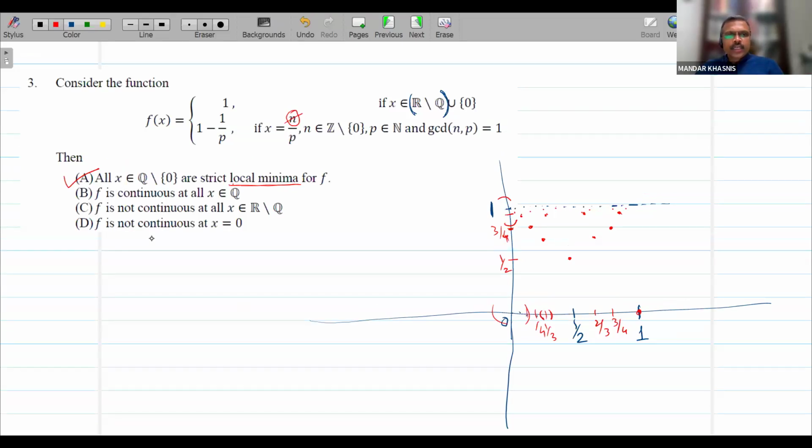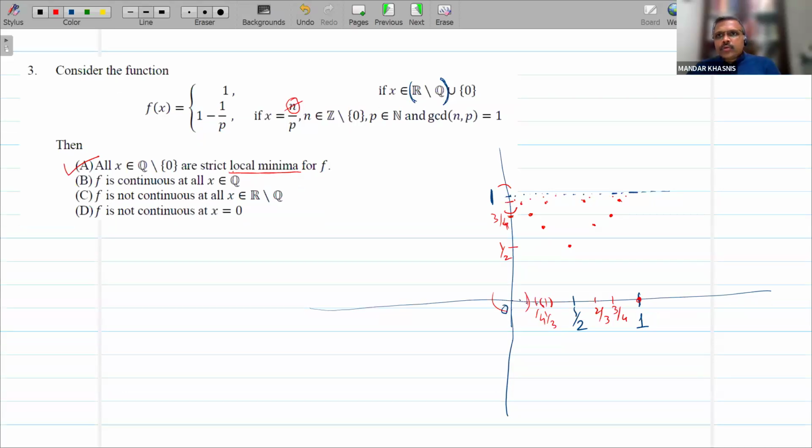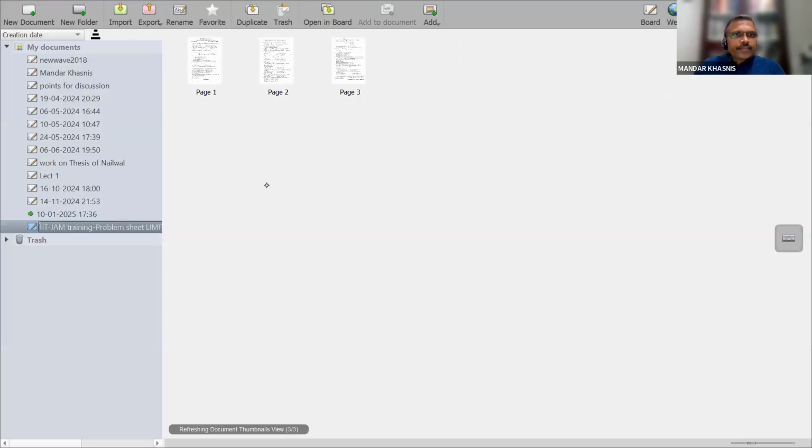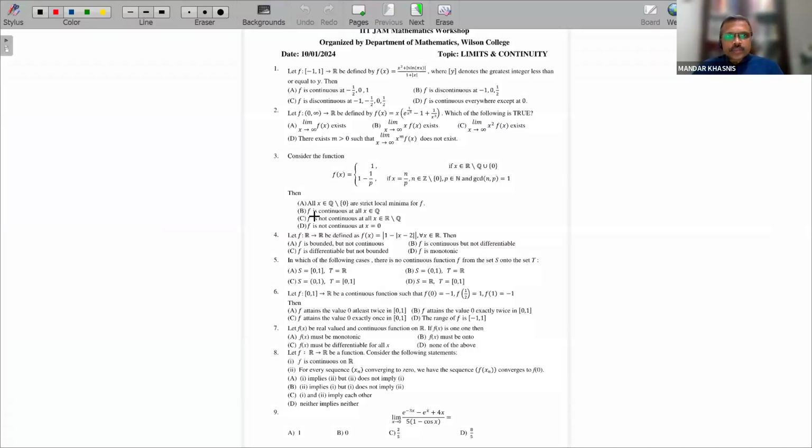Let's move ahead. I think the fourth I can put on you. The fifth, although it is interesting, okay, I'll do one thing. I'll take the whole sheet over here so that it will be easy for us to discuss. Can you now see all the questions? So the fifth one,